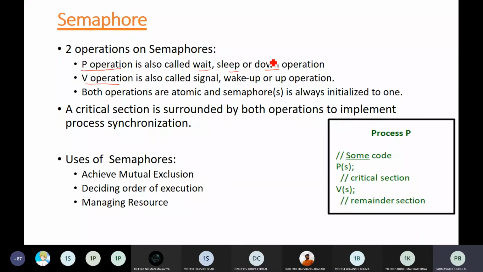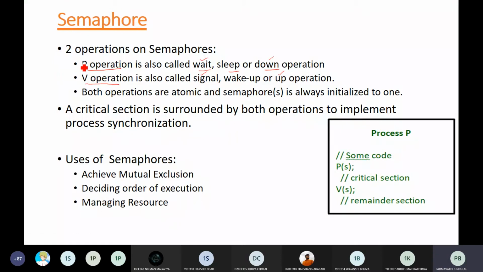In Tannenbaum, you will see down and up. In your Galvin, in some locations they write wait and signal, and in some locations they write P and V. William Stallings is one book that follows this style.